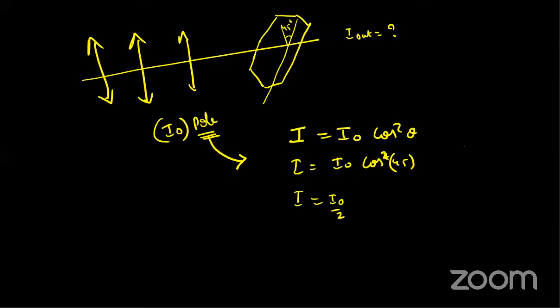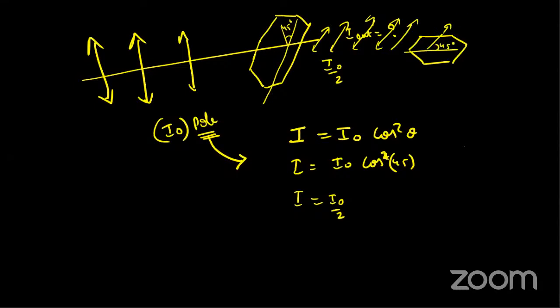Okay, so now what I'm going to do is, for this light which is coming outside, the light which is coming out of this polarizer has an intensity of I naught by 2. Now I'm going to keep one more polarizer at 45 degrees to this light. This light was coming in this direction, right? Now the axis is at 45 degrees, so the angle between this light and this polarizer is 45 degrees. Can you tell me what is the intensity of light coming out of this polarizer? That's correct, Madhavi. That's correct, Nikita. That's correct, Gunashri.